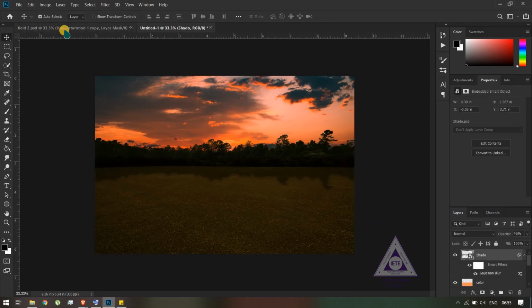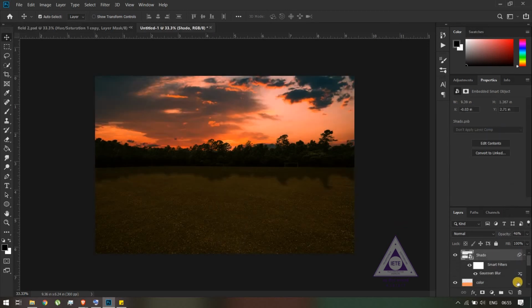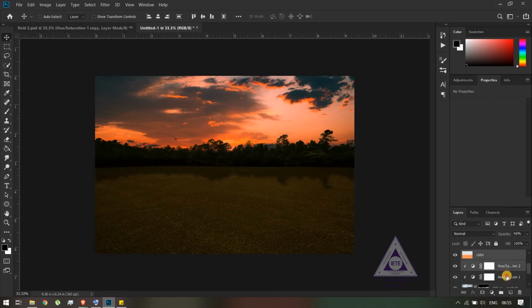Now what we'll be doing is, as you can see in the main image, there's a sun that's setting, right? So we'll be adding that effect now. But before doing that, we'll just be grouping all of the ground layers into one subfolder of sorts. Just select all the layers by holding down Control and going over all the layers. And you can click on this folder button right here, so it will group it into one layer.